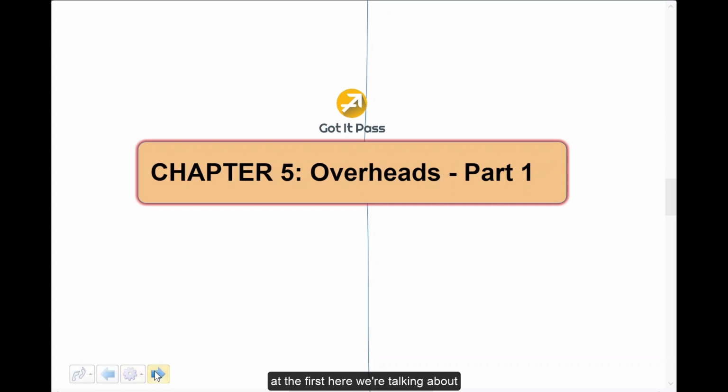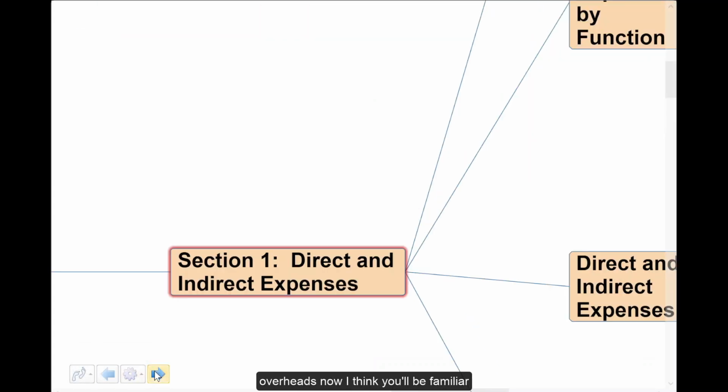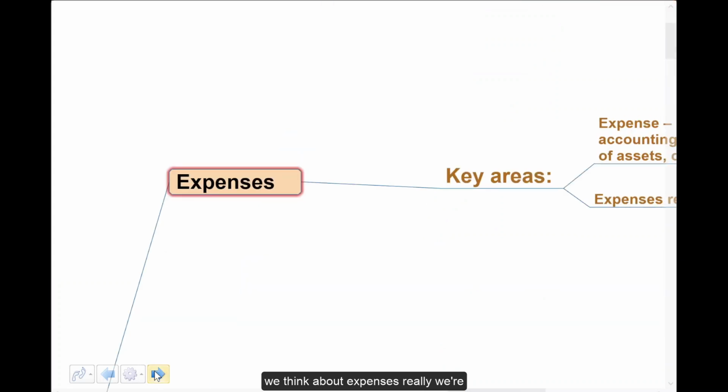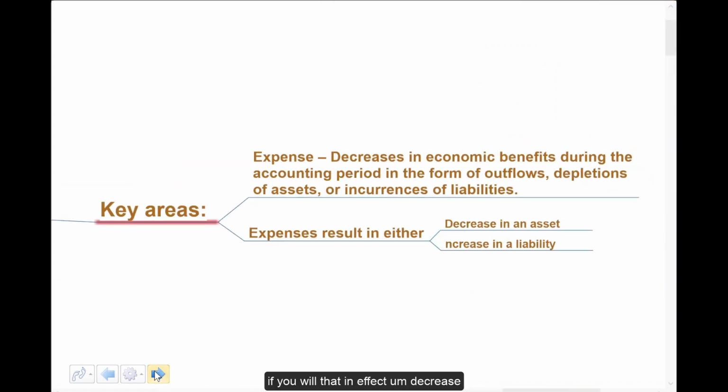So let's look at the first here. We're talking about overheads. Now, I think you'll be familiar with that word. Let's split that into several different parts, starting with section 1, direct and indirect expenses. If you do have MA experience, this may be very straightforward. Do bear with me. So when we think about expenses, we're talking about areas of expenditure, if you will,